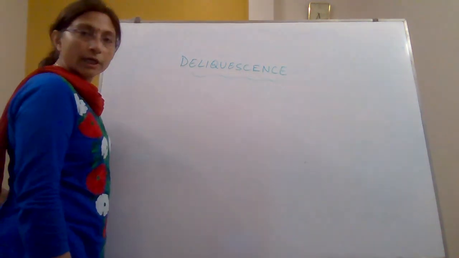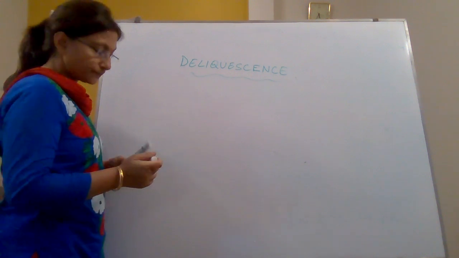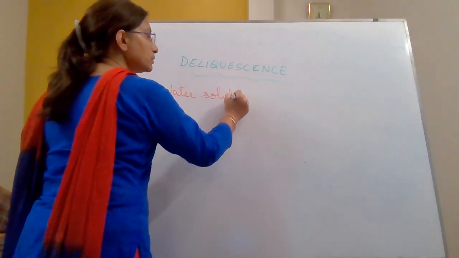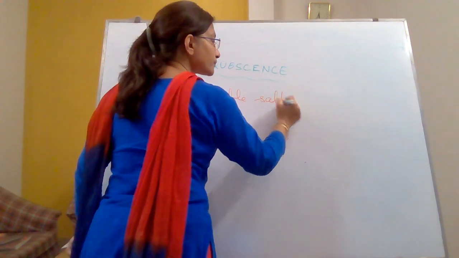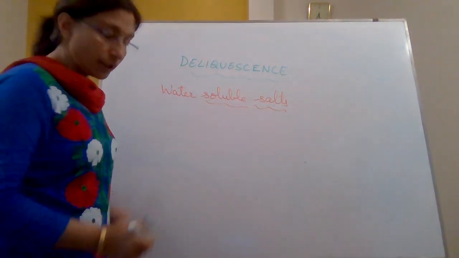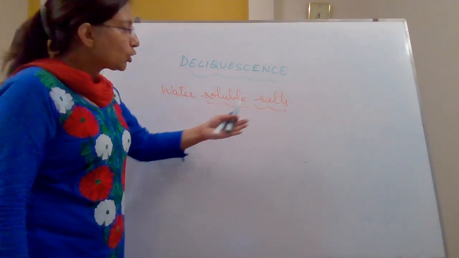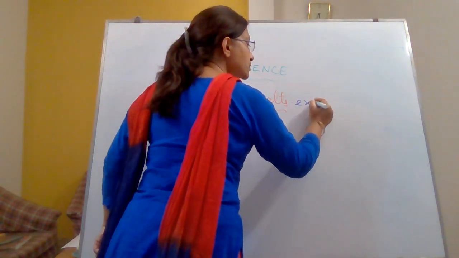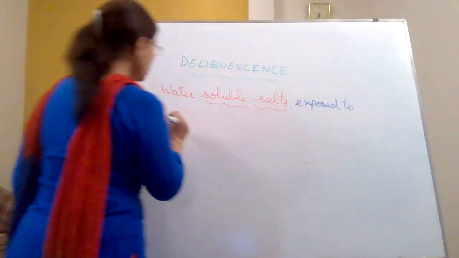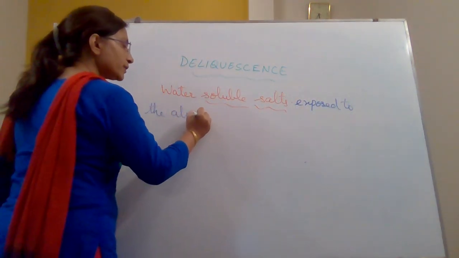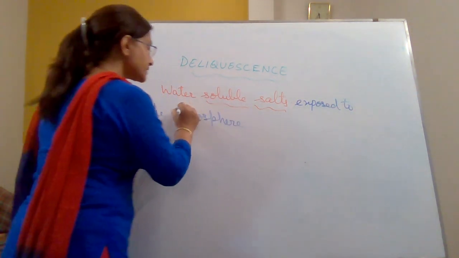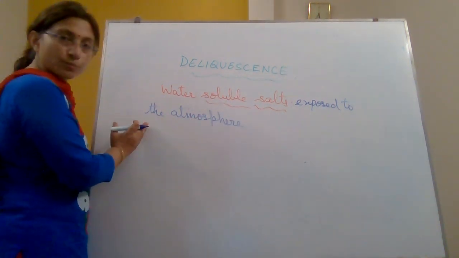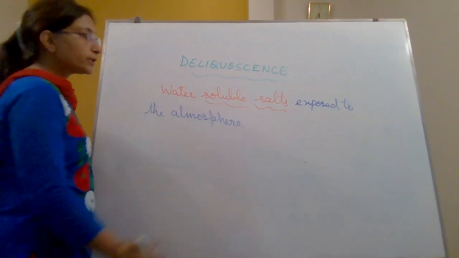Deliquescence is a phenomenon in which certain water soluble salts... प्रॉपर्टी क्या होनी चाहिए salt की, that it should be water soluble. कोई भी water soluble substance when it is exposed to the atmosphere, जब कोई भी water soluble salt को आपने atmosphere से expose कर दिया, यानी हवा में उसको खुला रख दिया, then